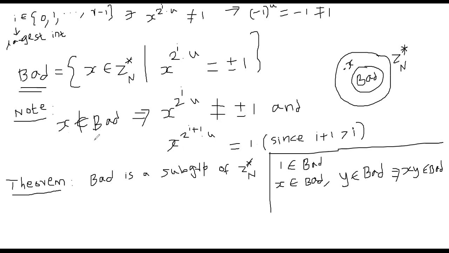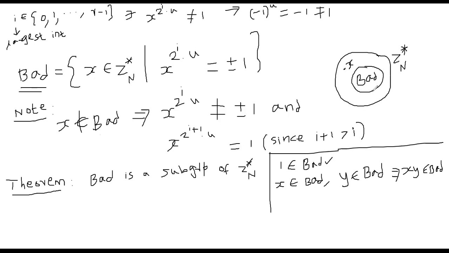Now the question is, what is the size of the BAD set? If the size of the BAD set is so large, then our algorithm will fail because whenever we choose x, we will end up with BAD. But I will show you that that's not the case. First, I will show you BAD is a subgroup of Z star n. We already discussed that BAD at least has element 1 because 1 power anything is 1. So 1 belongs to BAD. That means BAD is non-empty.